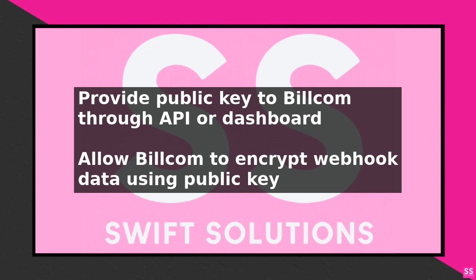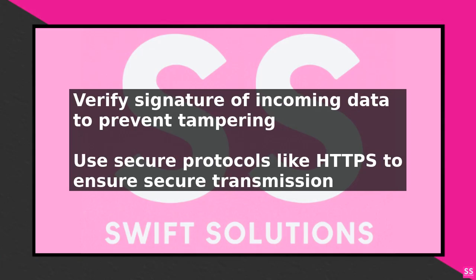On your server, use the private key to decrypt the incoming webhook data. You can use programming languages like Python or Java to handle the decryption process. When handling the decryption, make sure to verify the signature of the incoming data to ensure it has not been tampered with. During transmission, best practices for encrypting Bill.com API webhooks include using secure protocols like HTTPS, keeping your private